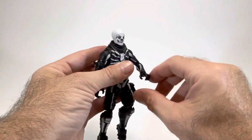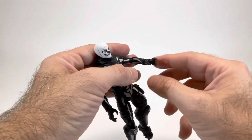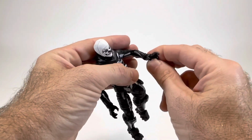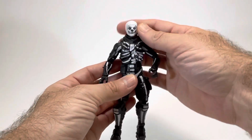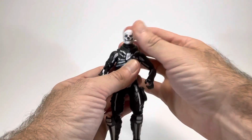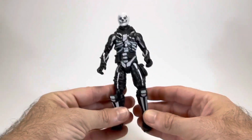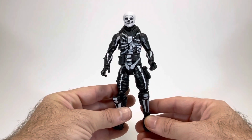Anyway, then he also has a swivel at the wrist as well as a flex point, and the hand can also open and close, as we mentioned before. Last but not least, here at the neck, he does have a ball joint, which allows him to look left and up and down and right, all the directions. And that's it. I think I got all 40 of them, but yes, that covers all 40 points of articulation